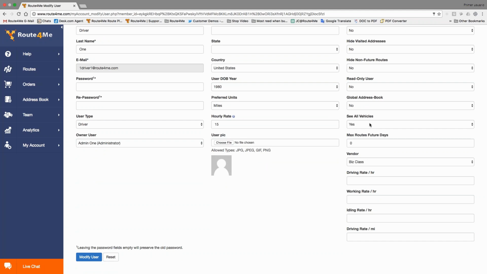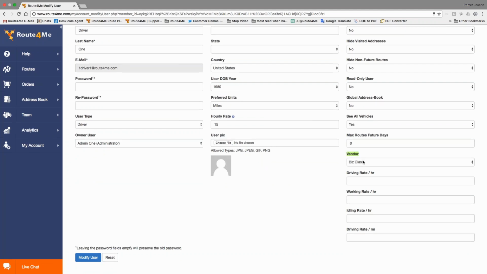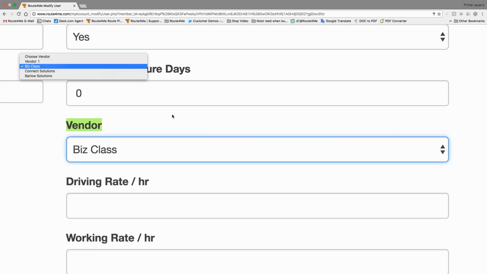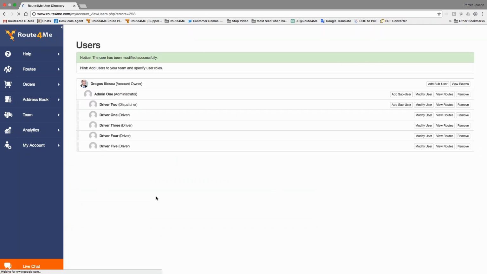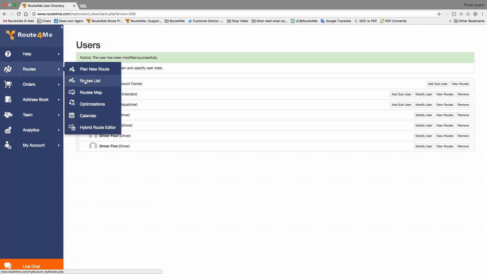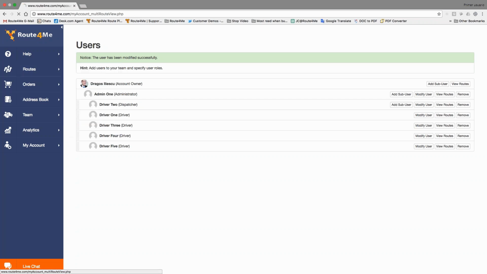There are multiple functionalities on their user role and access options that you can modify accordingly to your best practices. Okay, so once I do that, all I have to do is click on the drop down for vendor right here and select the correct one. Select from the drop down. In this case we're going to use this class. All right, so then we modify the user and save it. Now once I have my drivers assigned to the specific vendor and I go to my routes map,